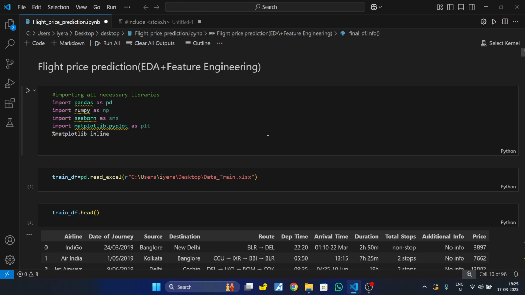The problem statement was to predict the price of the flight, that is, flight price prediction. Here we will not be exactly applying any model or doing any prediction. We will just be applying those feature engineering concepts, so that in the future maybe we can apply some model to this data set. Okay. In the earlier video we had already covered all the steps that will be involved, and let's just